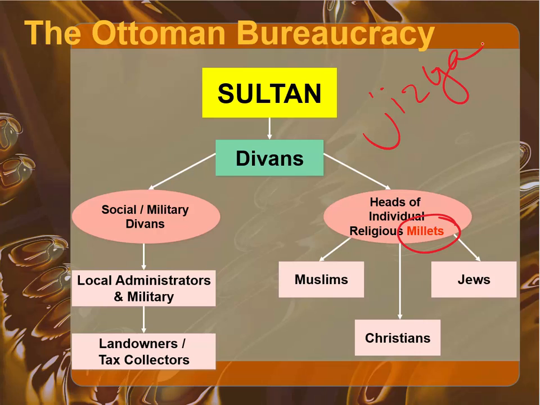Now, what happened is the different religious groups were divided up into what were referred to as millets. So you had your Muslims, your Christians, and your Jews, and they all lived very separate lives. Christians and Jews didn't interact with each other. Jews and Muslims didn't interact with each other. Muslims and Christians, and so on and so forth. The different millets would have their own leaders, and they would answer to the Ottoman Sultan. So the Jews stayed separate, interacted with themselves, and had their own political leader who then interacted with the larger Ottoman emperor, as did the Christians and the Muslims.